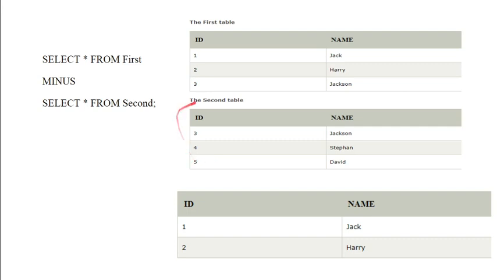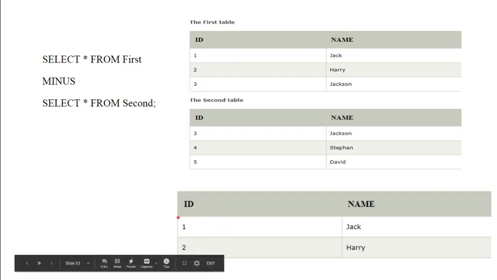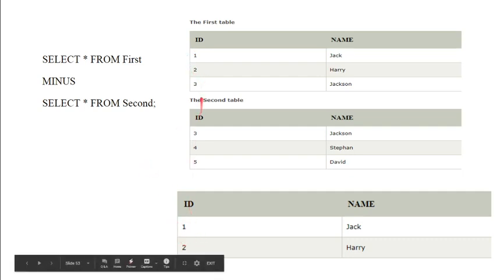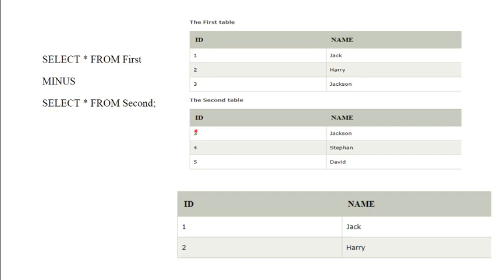The common rows are eliminated and only the rows which are present in the first table will be selected. So the rows present only in the first table are the rows with ID 1 and 2, which will be selected, and row 3 is present in the second table, so it is eliminated.